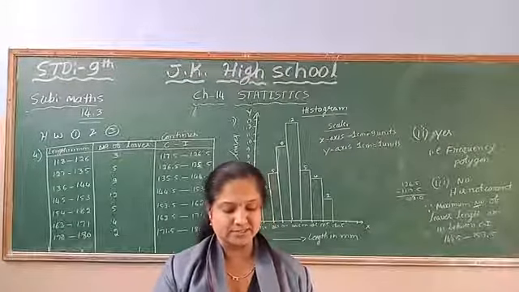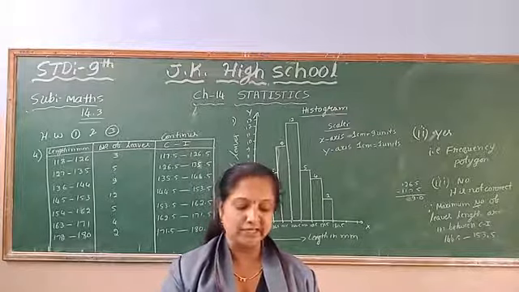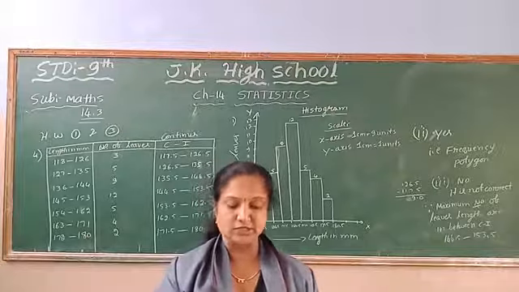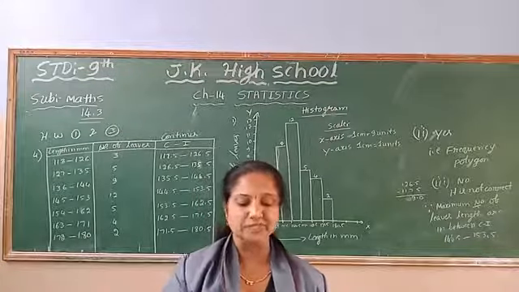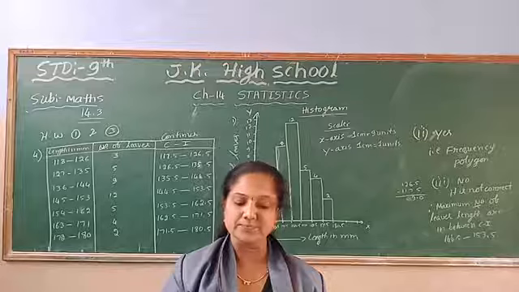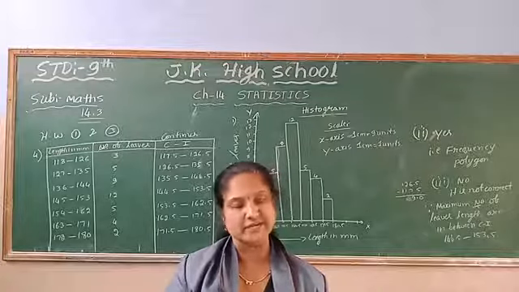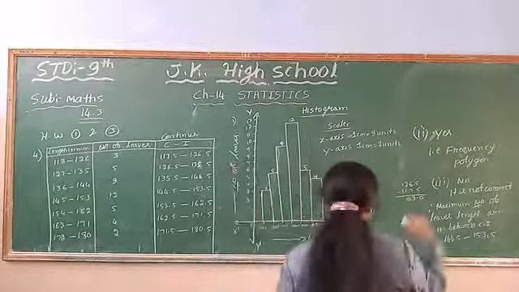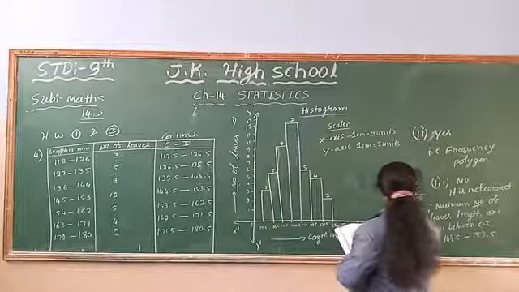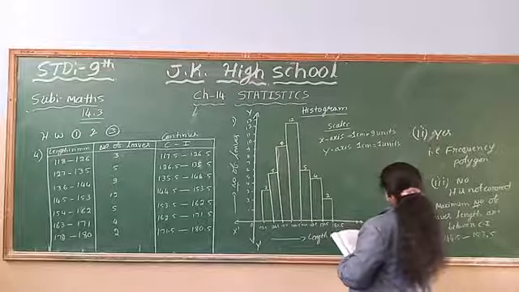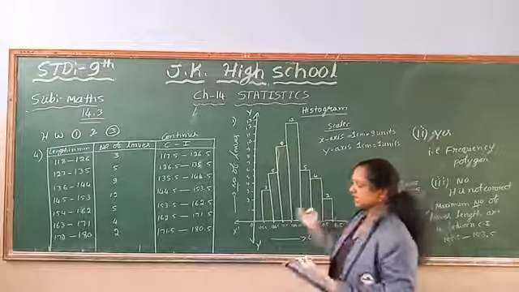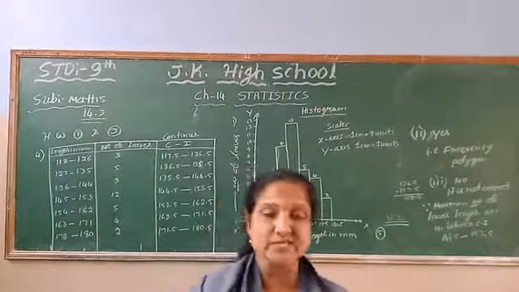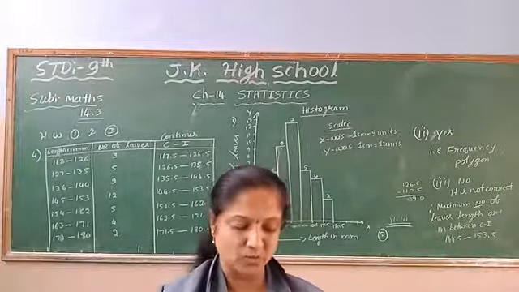So by using this histogram, this is the fifth question. The following table gives the lifetimes of 400 neon lamps. They gave it in continuous form already. Represent the given information with the help of a histogram. How many lamps have a lifetime of more than 700 hours? So you find this out, children. This fifth question I am giving as homework. Histogram only, homework. You have to plot the histogram and find out how many lamps have a lifetime of more than 700 hours. Okay, children, do it as homework.